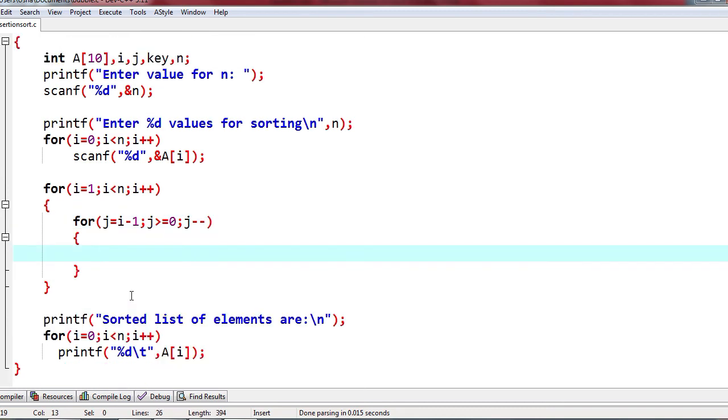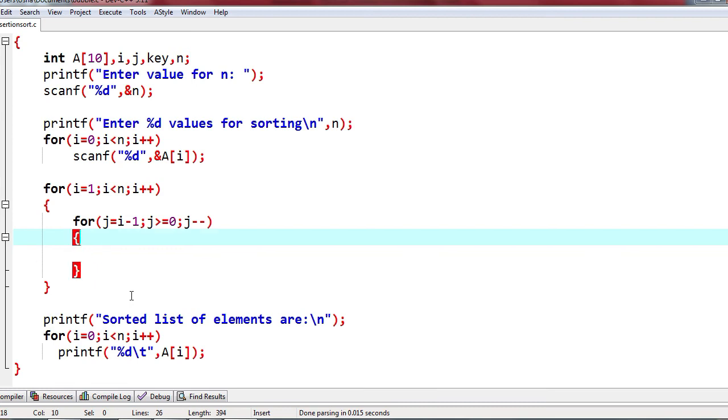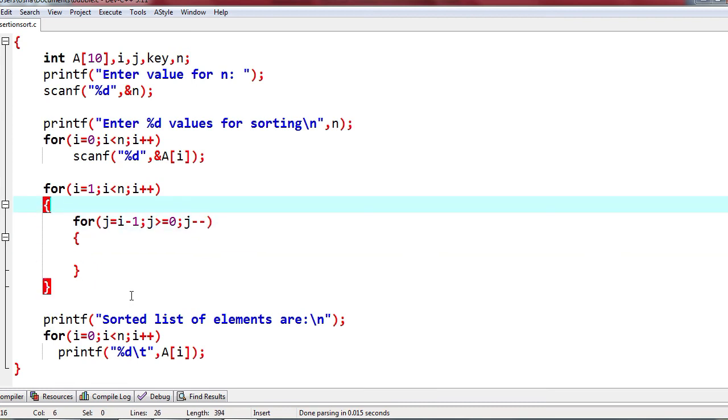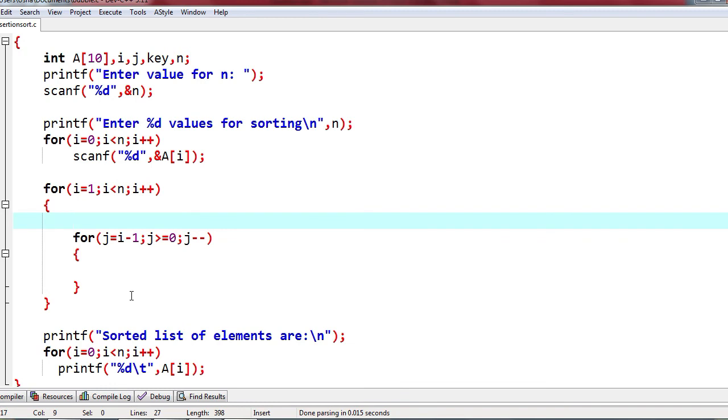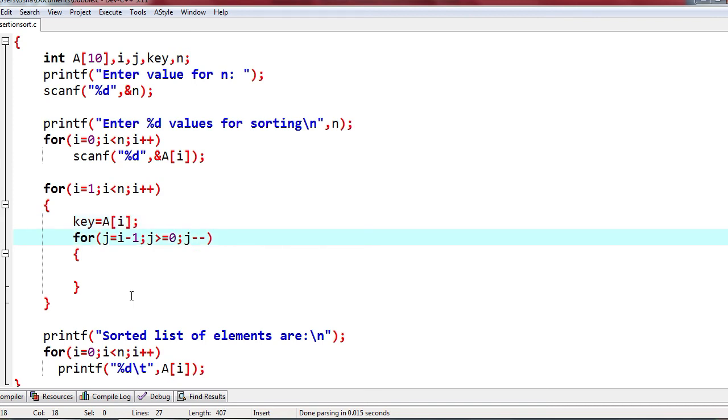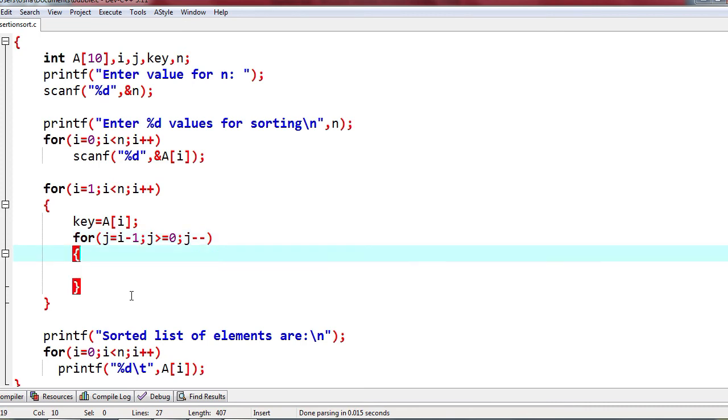And for every element I am going to consider, as soon as I get i equals 1, we will consider the key element as A[i]. So this is going to be my key element, which is to be inserted in the appropriate position. And j is equal to i minus 1, j greater than or equal to 0.